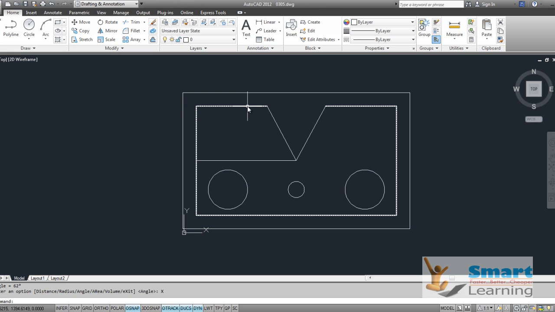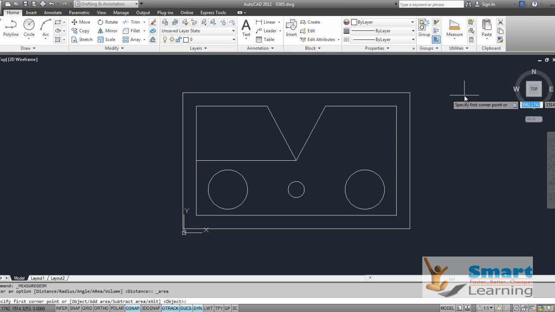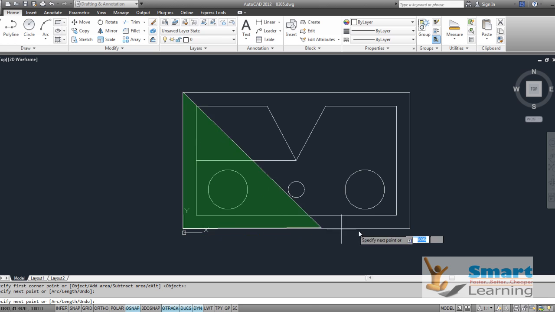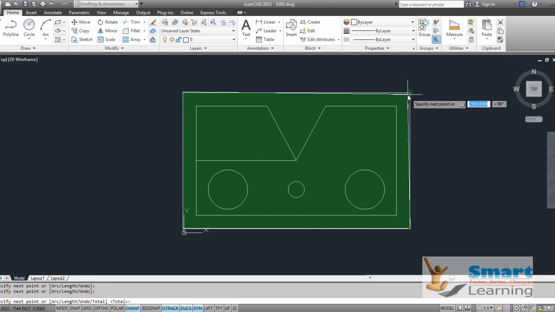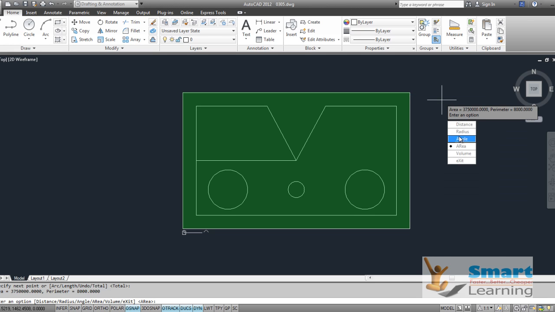But one of the major enhancements which AutoCAD 2012 has made is the color notations during your area calculations, and you can calculate your gross area also. If you go to area, directly you can pick the corners 1, 2, 3 and 4, and you can go to right click and you can go to enter. You can see the gross area,